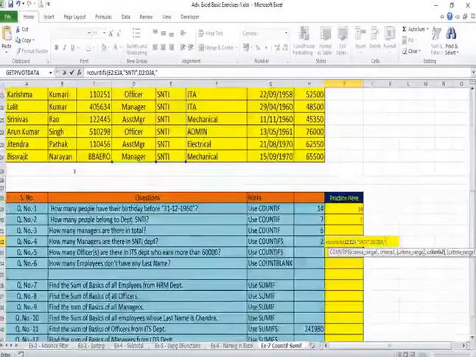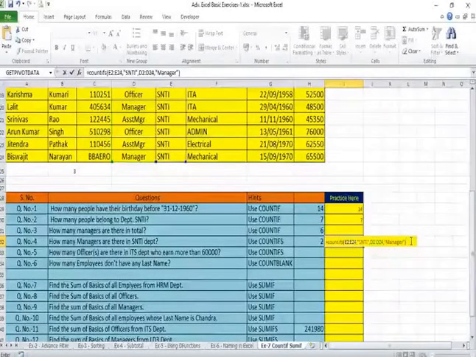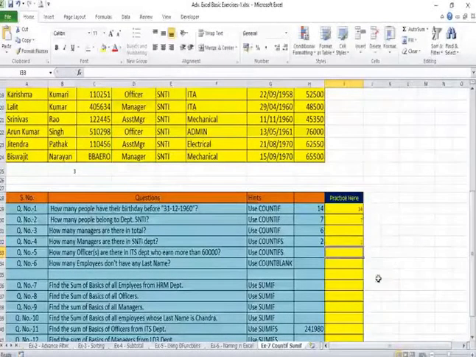Therefore you will have to write within double quotes manager. Don't make a mistake in the spelling, otherwise your result will not be proper. So you have to be careful while you are writing the spelling. Press enter key to get the result. It is 2 in this case.